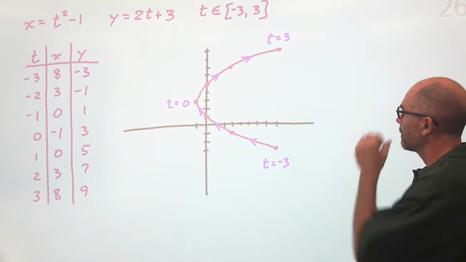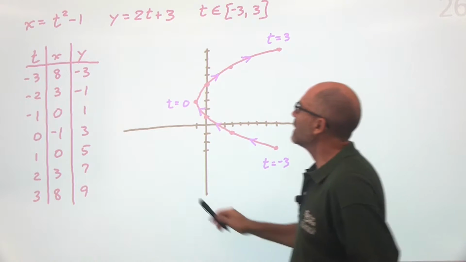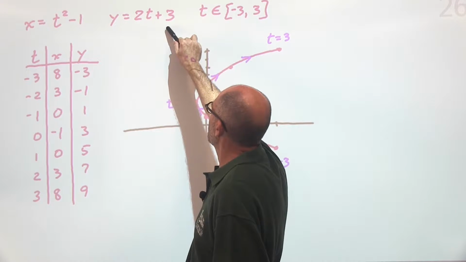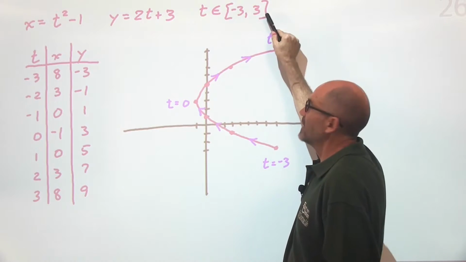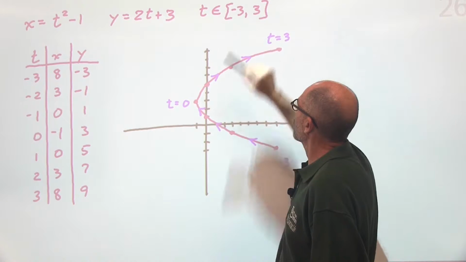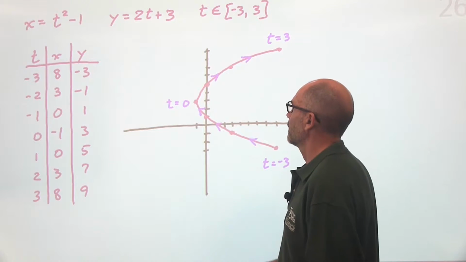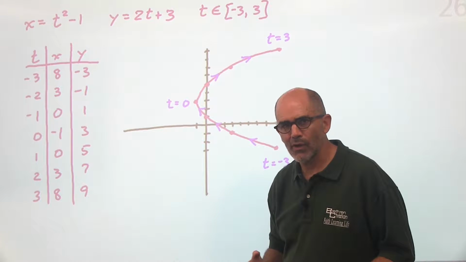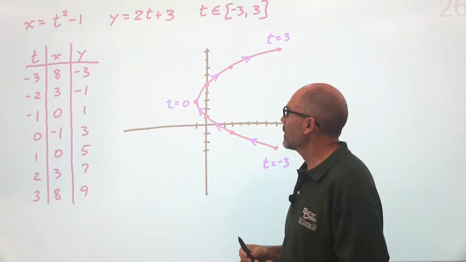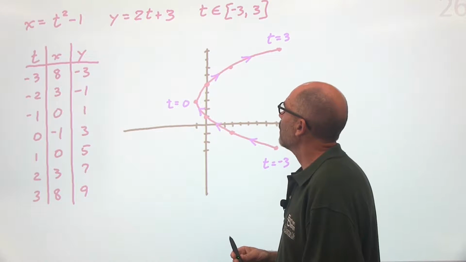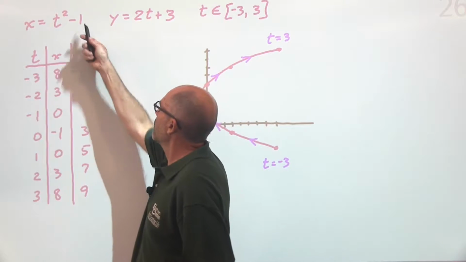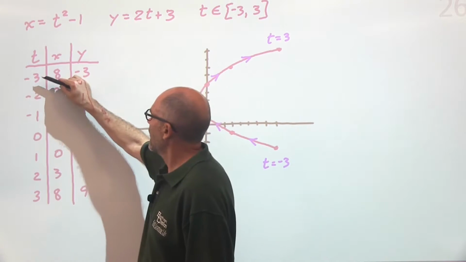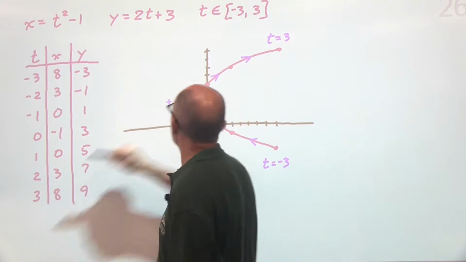Let's check that out. All right, so we have x is a function of t, and y is a different function of t. And then we say, well, what's t? It goes from -3 to 3, including -3 and 3. Okay, so what do we do? As usual, we plot points. We start with x equals t squared minus 1. So I'm going to put in t equals -3, -2, -1, 0, 1, 2, and 3,